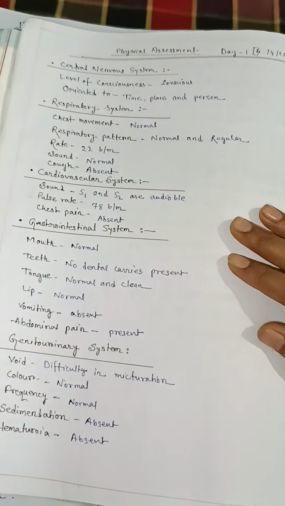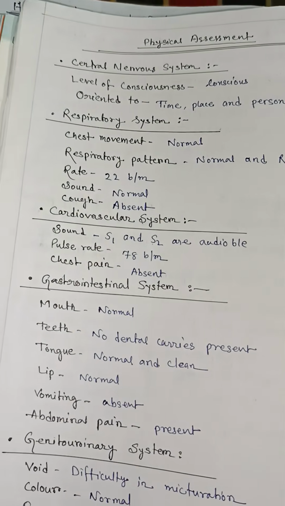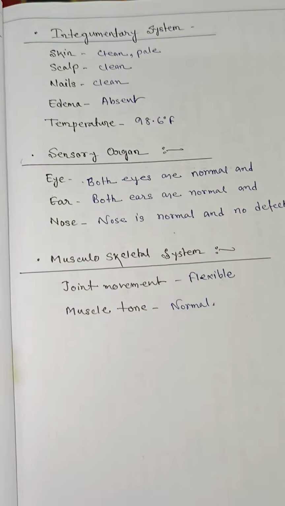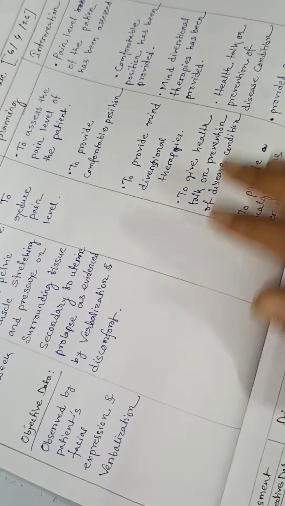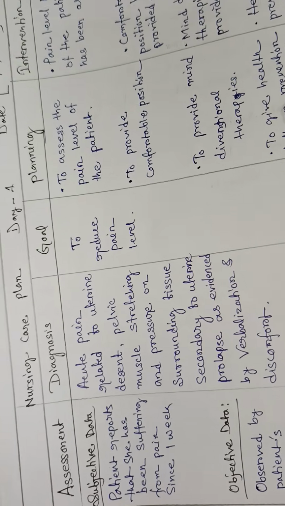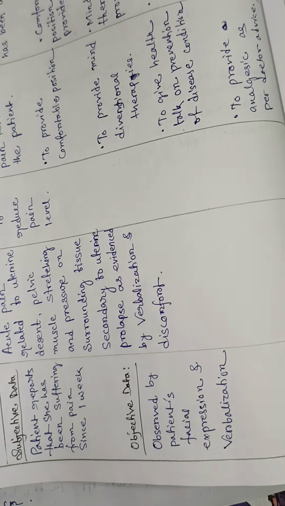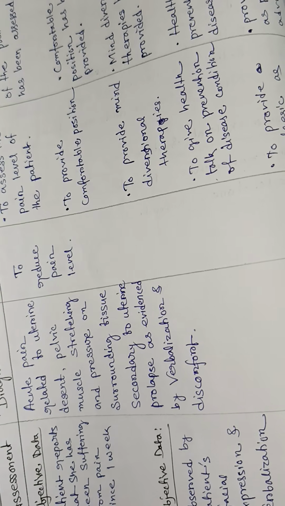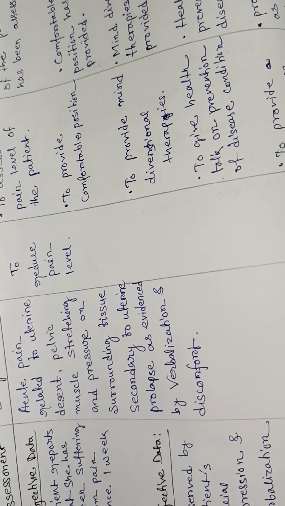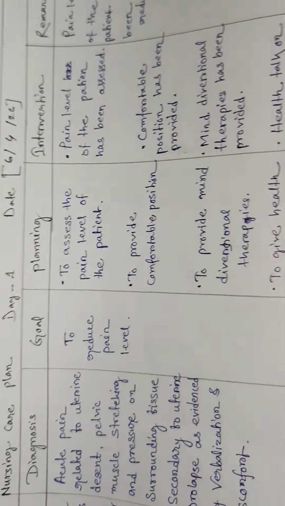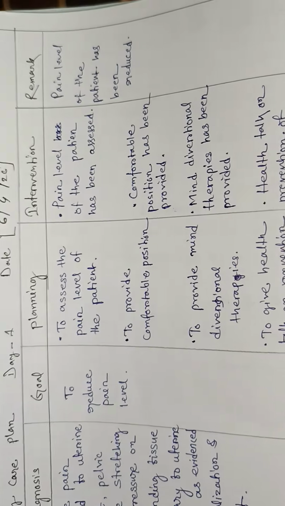And there is the patient's physical assessment, and then the nursing diagnosis: acute pain related to uterine descent, pelvic muscle stretching, and pressure on surrounding tissue secondary to uterine prolapse, as evidenced by verbalizations of discomfort. There are planning and interventions,